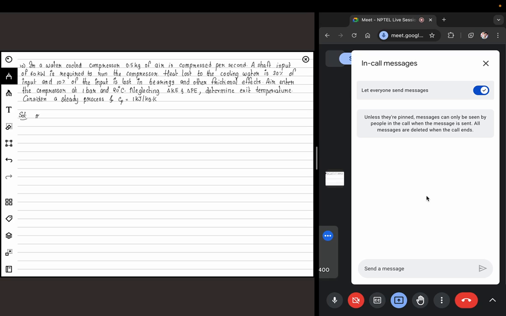So we know m dot is given as 0.5 kilogram per second, and the shaft input of 60 kilowatt is required to run the compressor. So W dot shaft is given as 60 kilowatt, and it says that the heat loss to the cooling water is 30% of your input. So Q dot is minus 30% of your input, which is 60 kilowatt. This is minus 18 kilowatt. And 10% of the input is lost in bearings and other frictional effects, which means out of the total input energy that you are giving, 10% is lost to bearings, so that is not actually converted into work. So W dot is